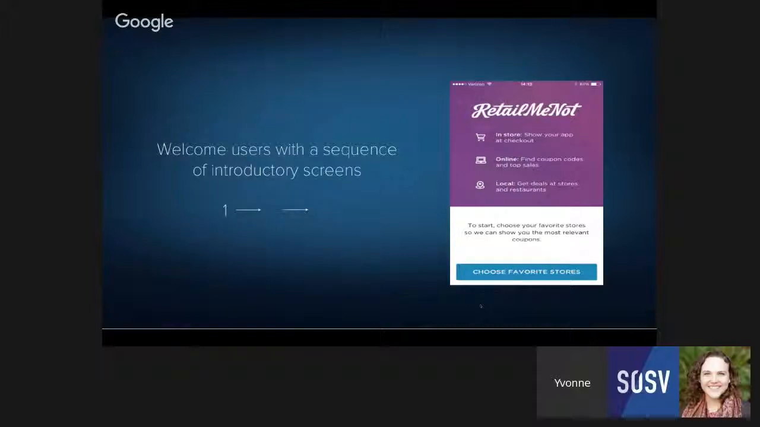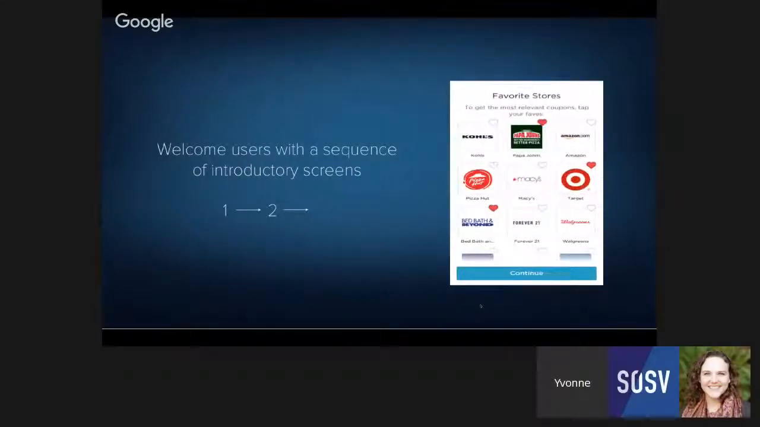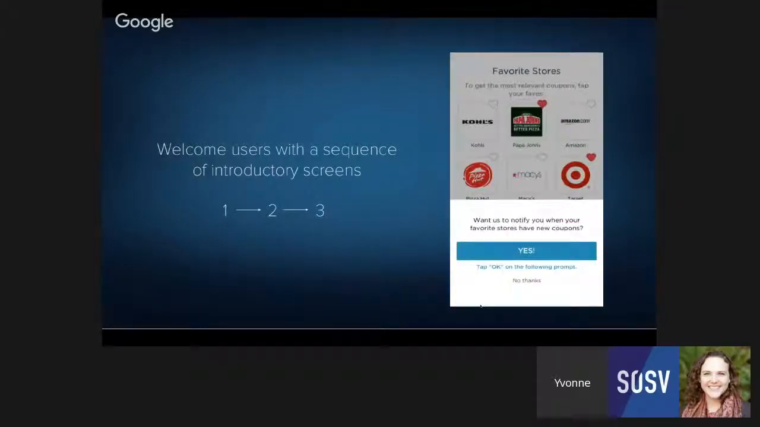The first time someone opens the Retail Me Not app, they get this screen, which is like, hey, to start using our app, why don't you first tell us what you like? Choose your favorite store so we can actually show you the most relevant coupons that are going to matter to you. And so the user clicks on choosing their favorite store, and then they get this page, which is, heart the favorite stores that you want to be able to get coupons from. So the user goes through that, continues, and then they sort of deliver this